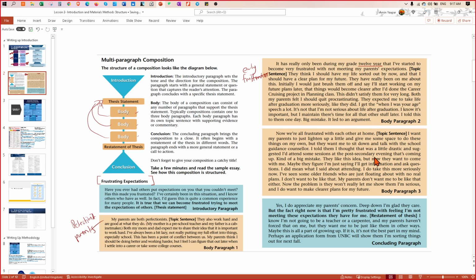And then the third topic sentence, frustrate each other.